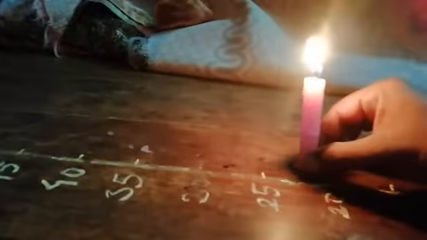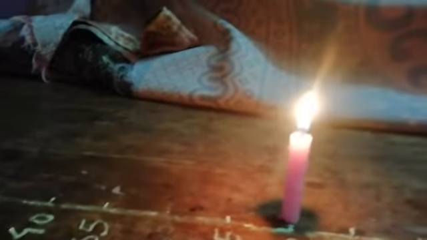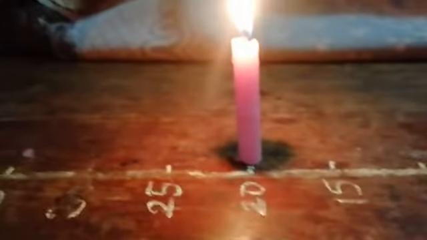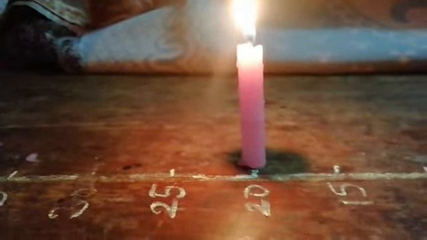Further, if the object is changed to 20 centimeters, we are not finding any image. If at all I am moving forward or back, I am unable to locate the position of the image. Indicates that it is not forming a clear image on the screen. So image will be formed at infinite distance. From that I can say this position is the focal point of this convex lens.